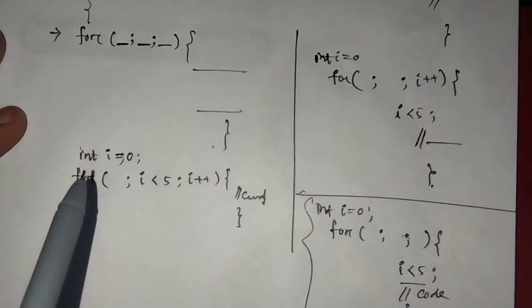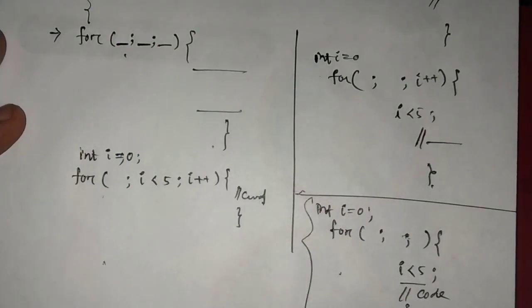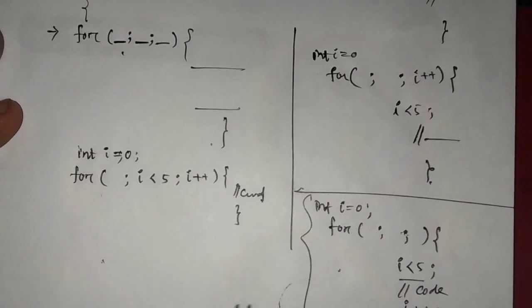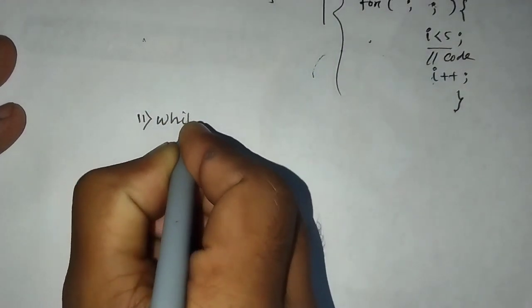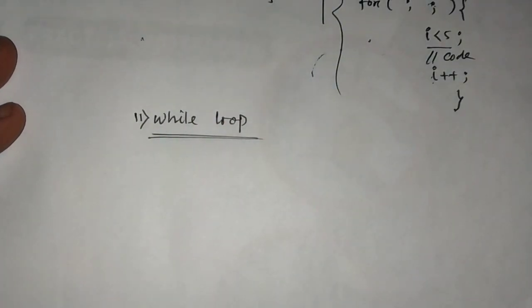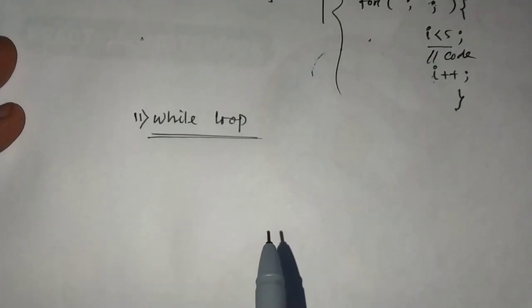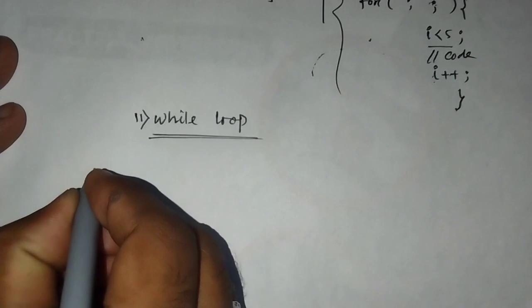Okay, these are the different types of writing a loop. First we have already taught the for loop, and these are all the methods to define the for loop and their syntax. Now move to the next topic, that is the while loop, another looping statement. The while loop is a type of loop in C language. In this you can iterate the code as long as the condition remains true. Okay, the syntax is